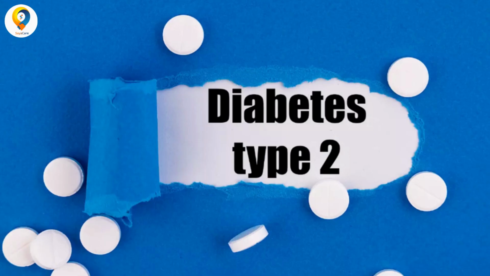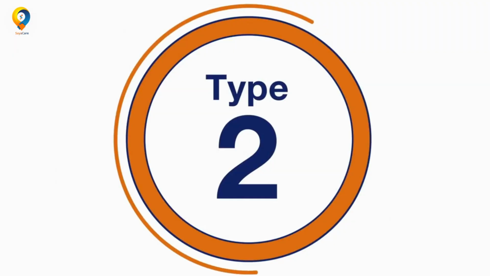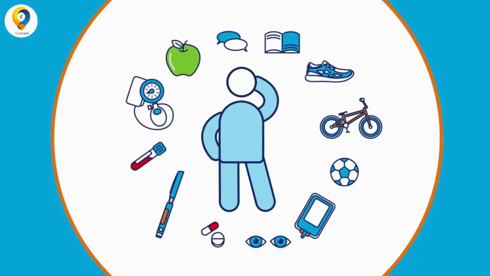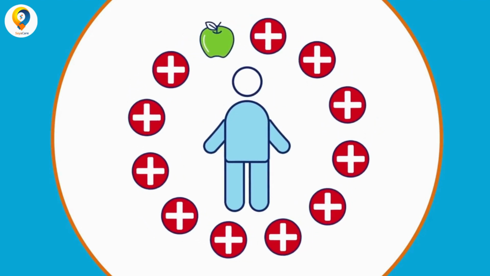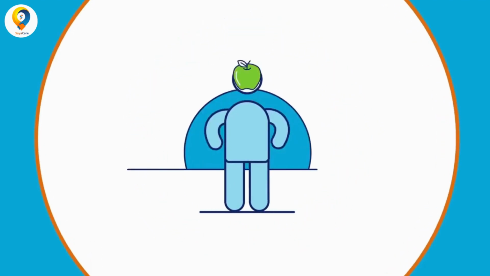In continuation of our diabetes series, today I will talk to you about the causes of type 2 diabetes. If you are just joining us on this video, I would recommend checking out our earlier videos that explain what is diabetes and the various types of diabetes. Type 2 diabetes is mostly caused by two things: lifestyle and genetics. Let's break down the more complicated thing first: genetics.